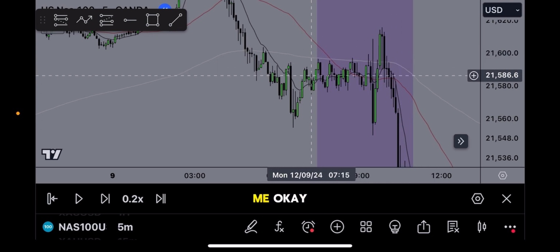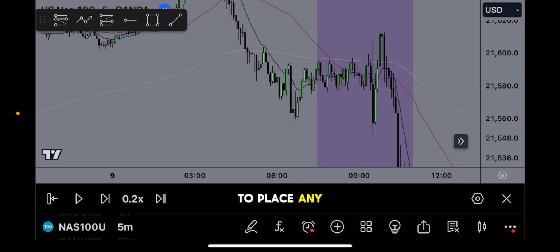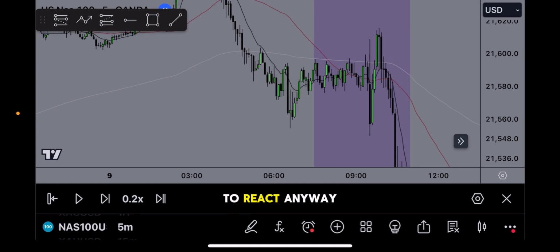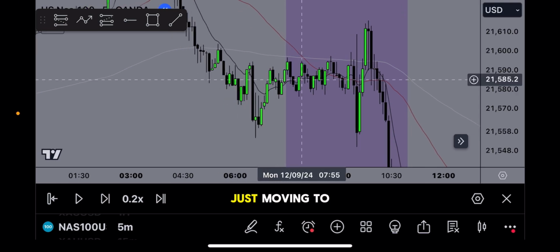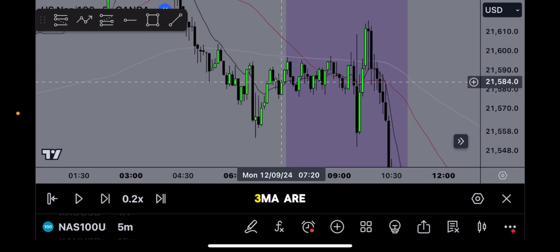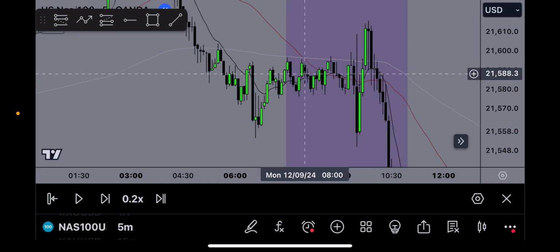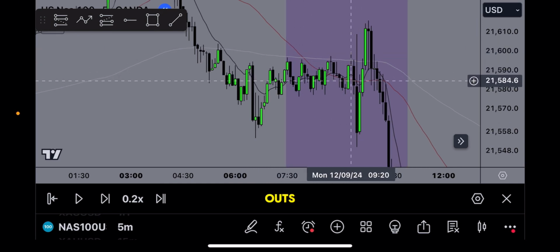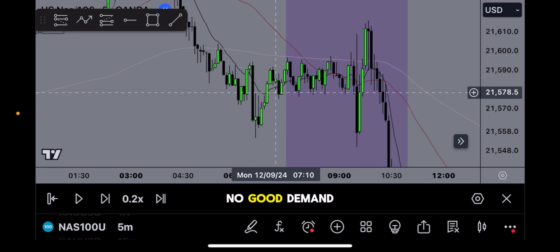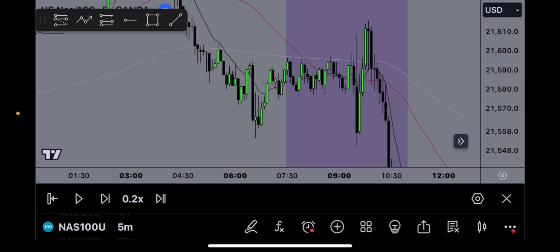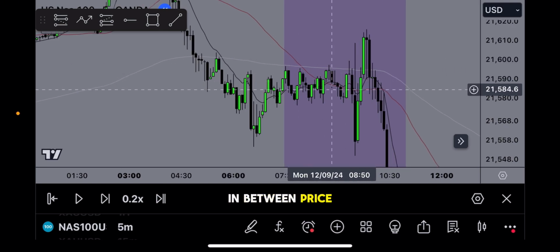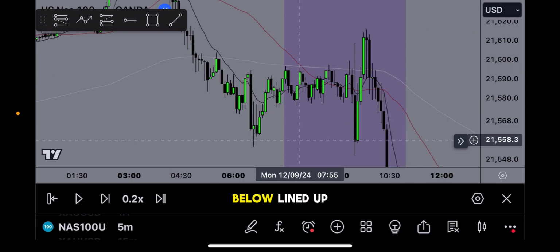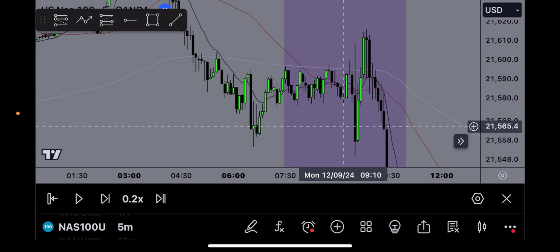That's already telling me, okay, I'm not looking to place any trades in these market conditions right now. I'm not looking to react in any way to how the market is moving, because price is just moving to the side. The 3 MAs are in between price, right? There's probably going to be a lot of fake outs, and there are barely any good demand or supply setups at all. So when I come into the market and I see the 3 MAs are in between price like this, not above or below, lined up how they're supposed to be,